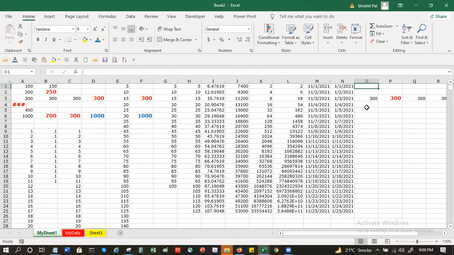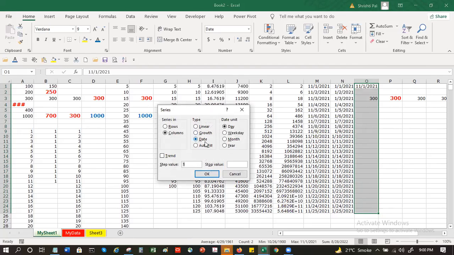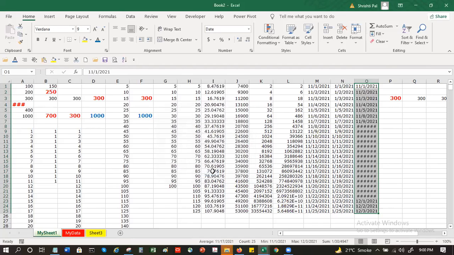Now, same thing, if I start with, let's say, 1st of November, it's easier for us to check. That's why I'm using the November example. I go to series. I have this date. Instead of day, this time I choose weekday. And I say okay.